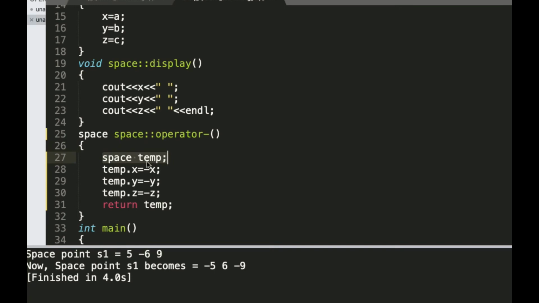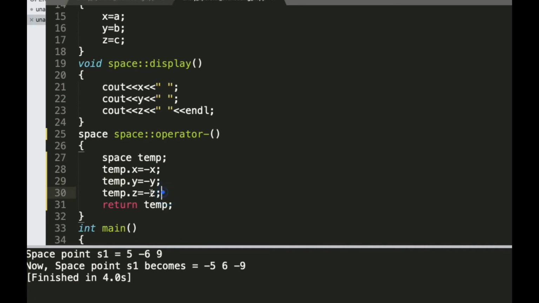So one object temp gets created, and whatever the previous value of x is, we get it as a minus of x, and that gets stored into temp of x. Whatever the value of y, we get the minus y from it and assign it to the temp of y. Same for z.